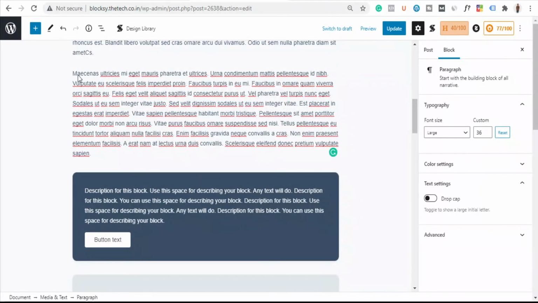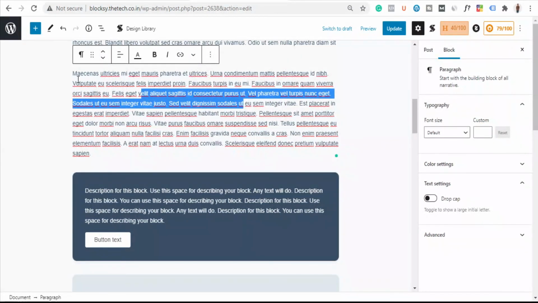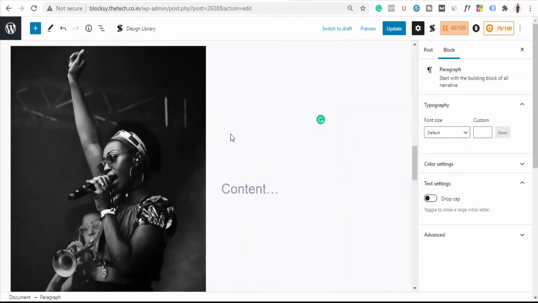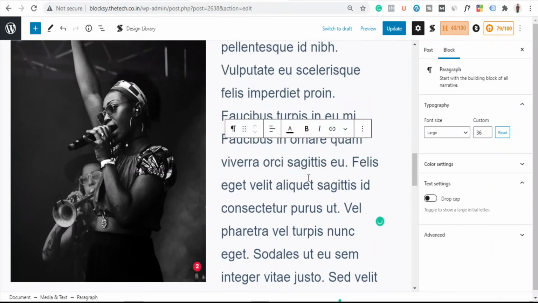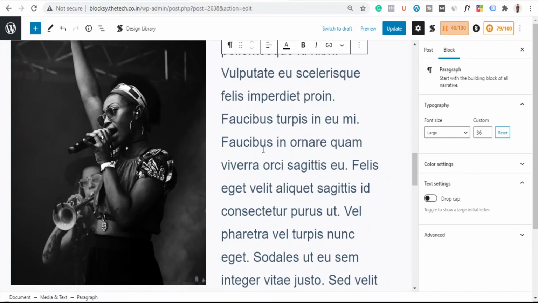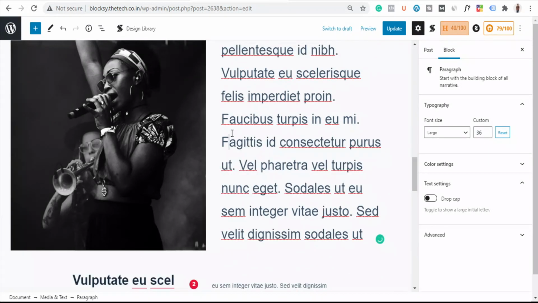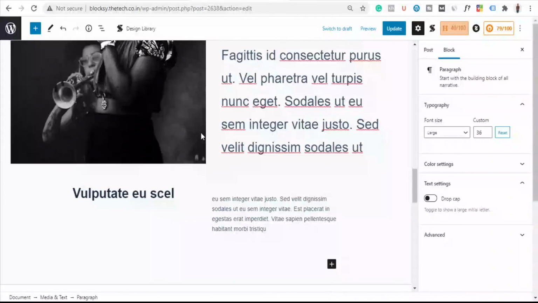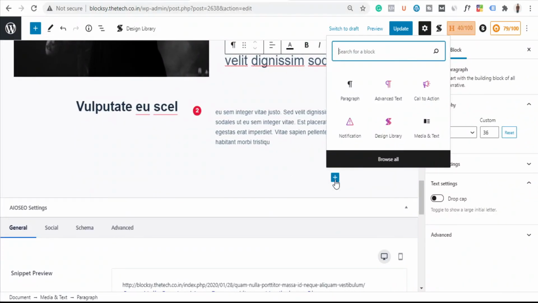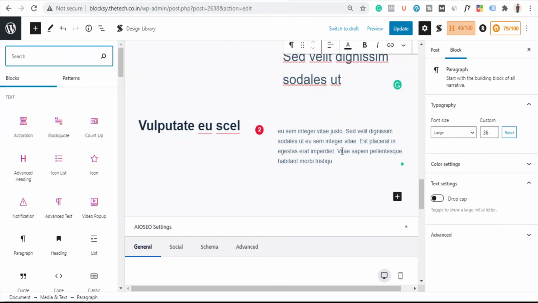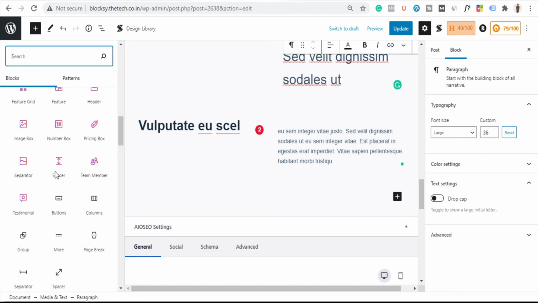Okay, for example I'll copy some content. Just click over here, paste it. Okay, now you can see it's looking pretty good. Okay, I'll go to plus again, I'll go down,